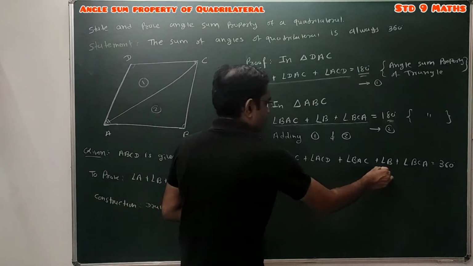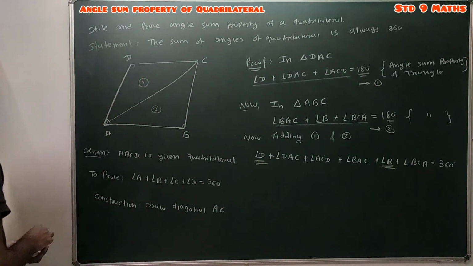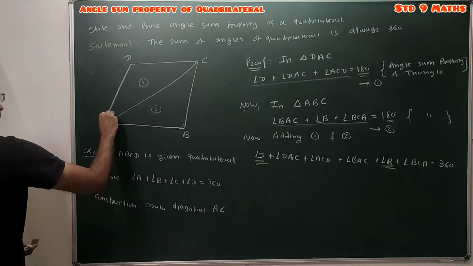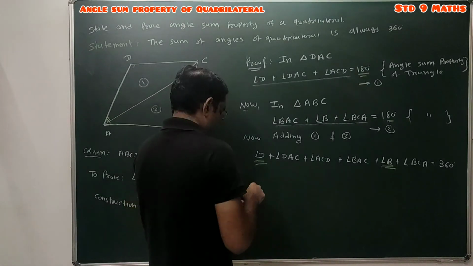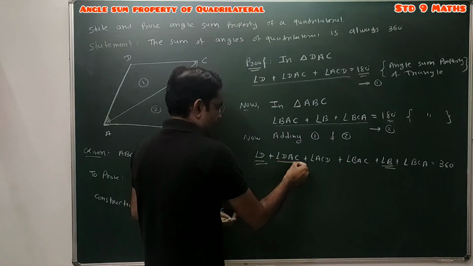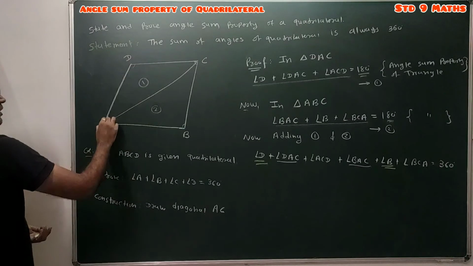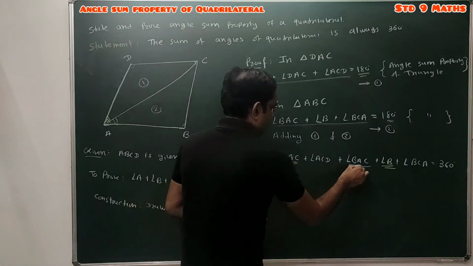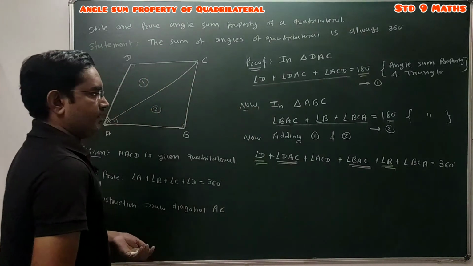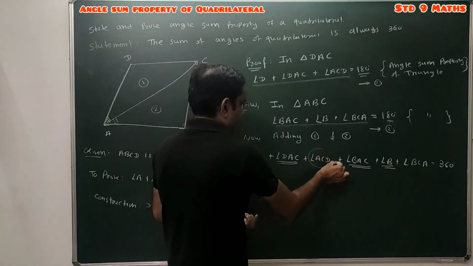Now we have to consider the simplification of this addition. Angle D as it is, angle B as it is. Now angle DAC and BAC, what is the addition of these two angles? DAC and BAC. So sum of these two angles is angle A. Done. So BAC and DAC equal to angle A, and consider these two angles, angle ACD